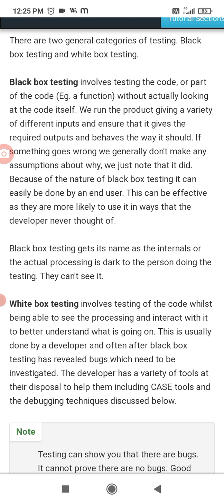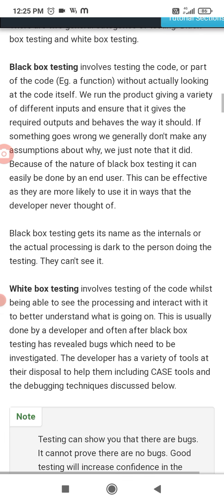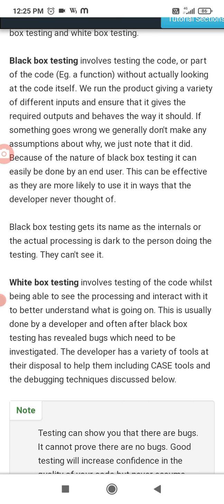White box testing involves testing the code while being able to see the processing and interact with it to better understand what is going on. This is usually done by a developer, often after black box testing has revealed bugs which need to be investigated.